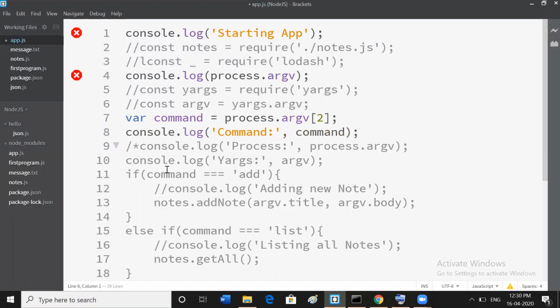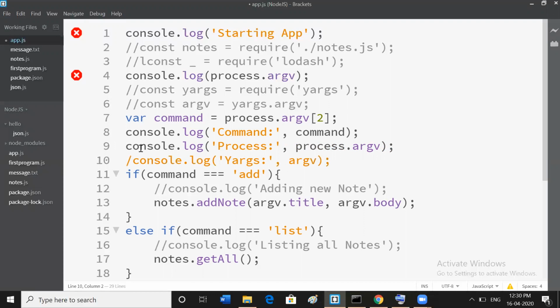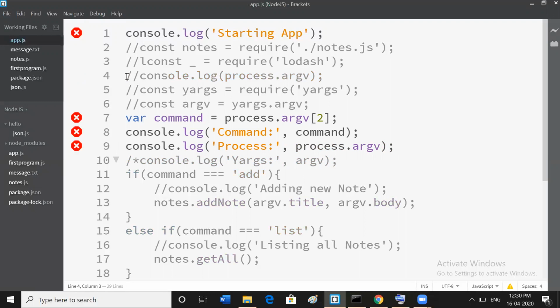And I also want to print the same as previous, process.argv. Now I am commenting on this one and saving with Ctrl+S.